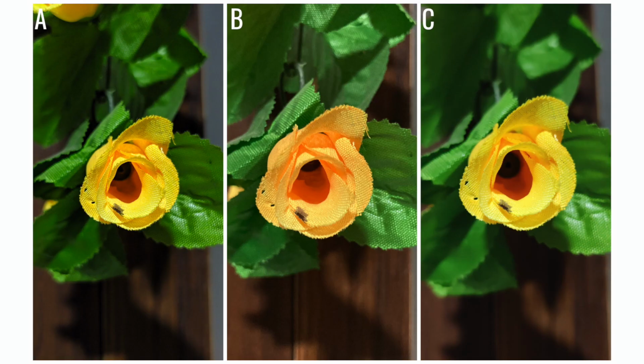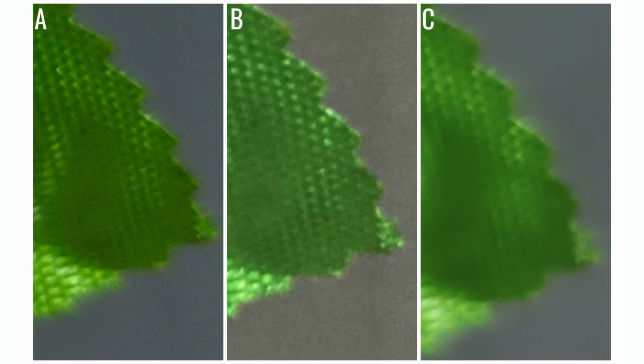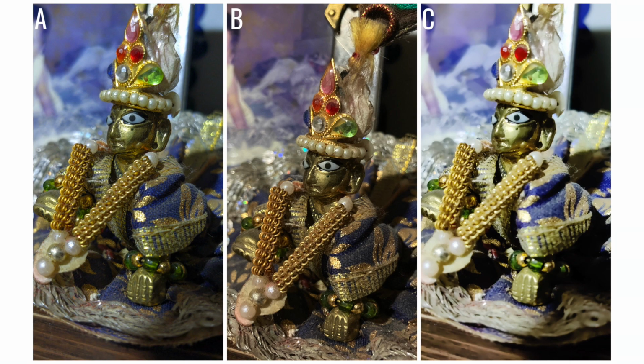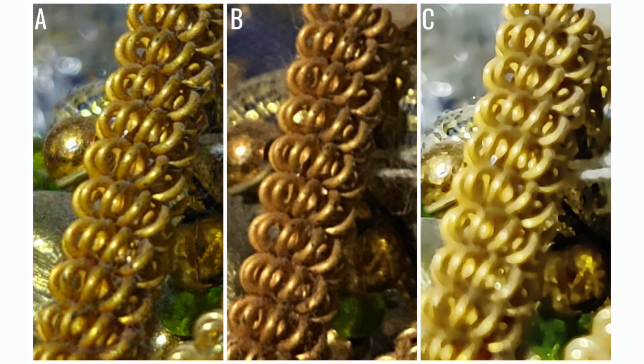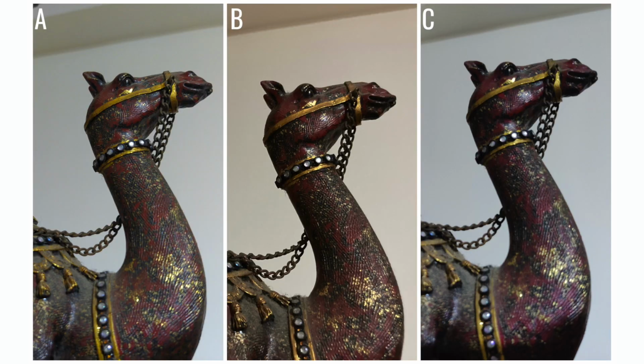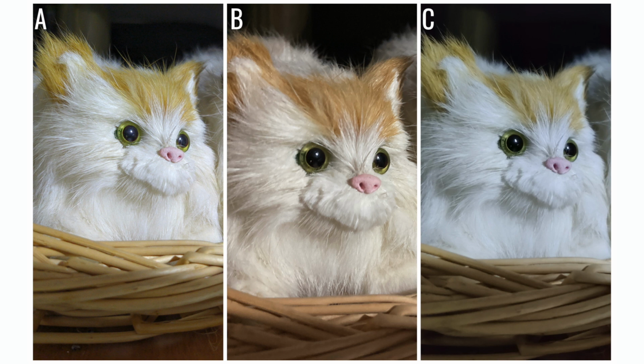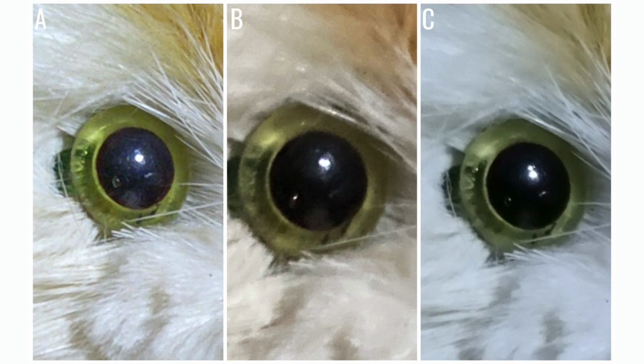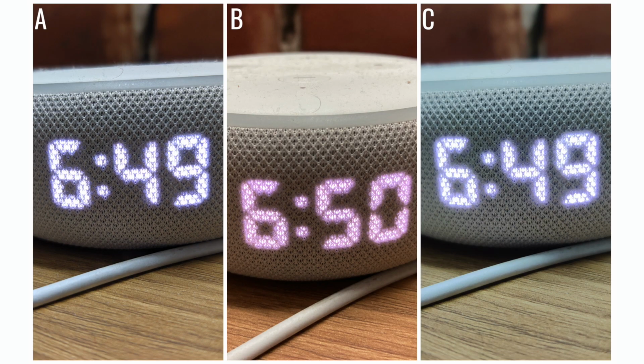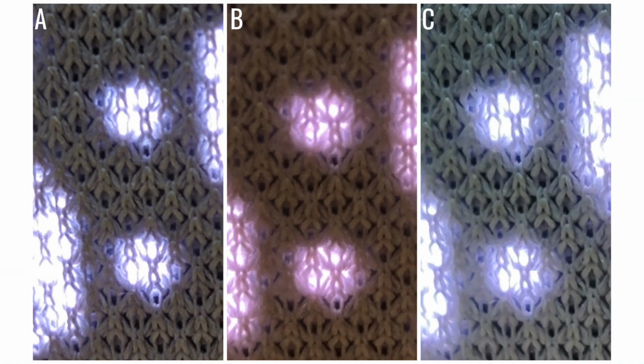A has done the best job at actually capturing the flower the way it is, and A also has better details. A and B are very similar, I would say. C has messed it up. So here A looks very pleasing to the eye, and when you zoom in you would also see it has retained the best details in comparison to B and C. So the final image in terms of indoor lighting, you would see that A again looks very pleasing and also has the best details when you zoom in.